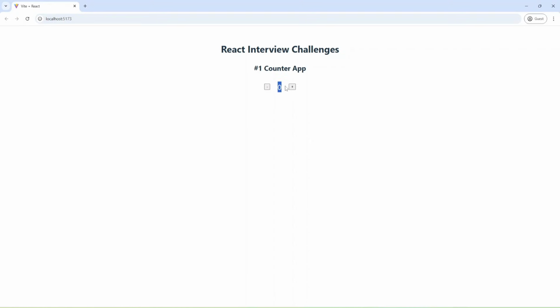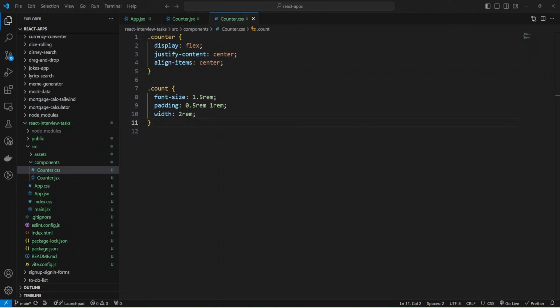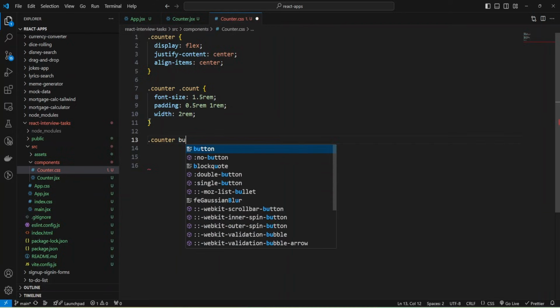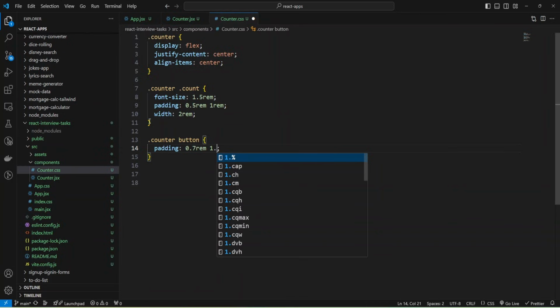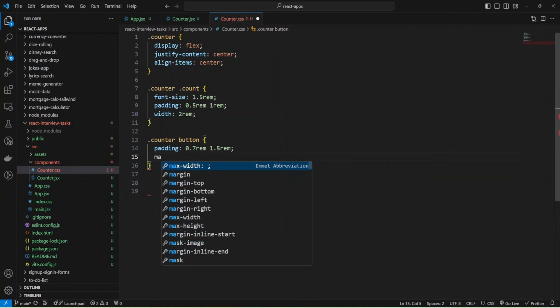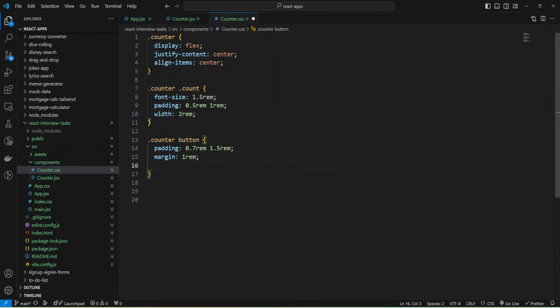Okay, and as you can see, we have our paddings, and let's add more styles, and I'll add container name because we are using plain CSS. I'll add styles for button, and I'm going to add some padding like 0.7 rem for top bottom and 1.5 rem for left right, and also add some margin 1 rem, and add font size like